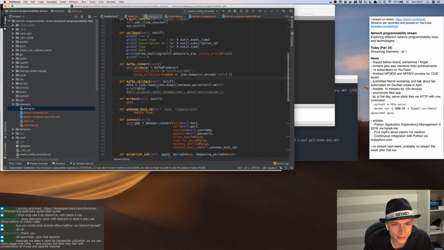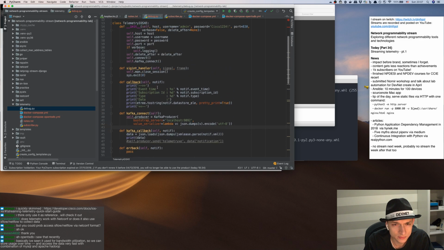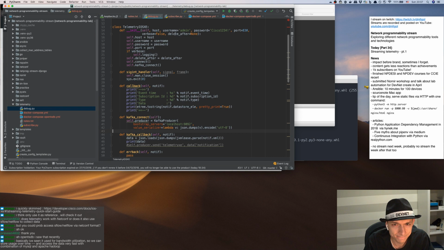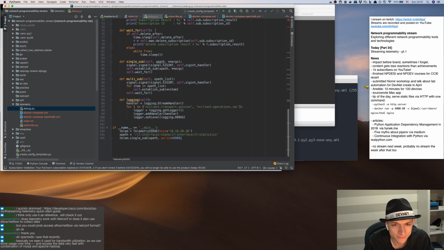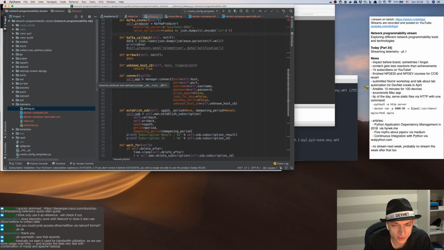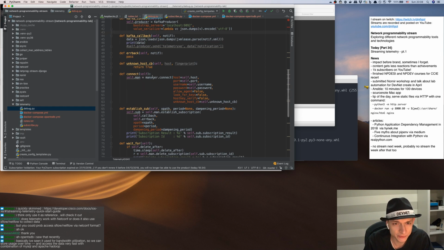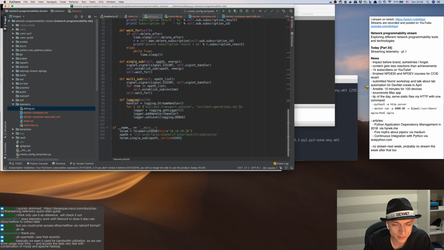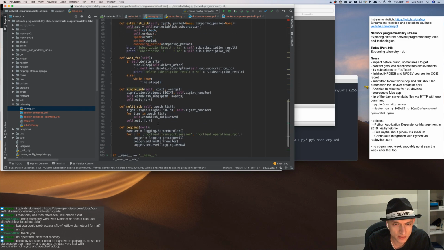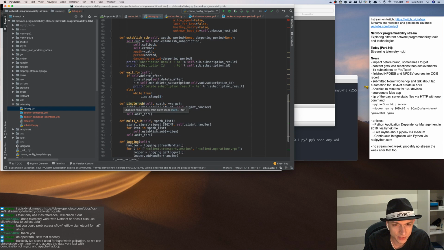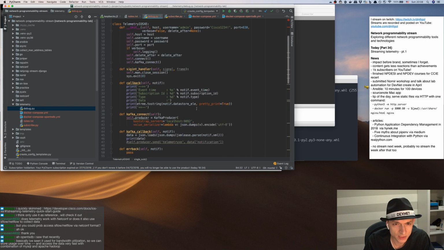Okay, what about callbacks though? Where are those used? Okay, there is also delete after, but that doesn't mean anything. So, okay, we create two connections. One is a NETCONF connection to the device, and another connection is to Kafka. That's pretty much it. So then we say single sub. We go into this function. We are creating a signal SIGINT with a SIGINT handler. Okay, so when we are done, we are closing the connection